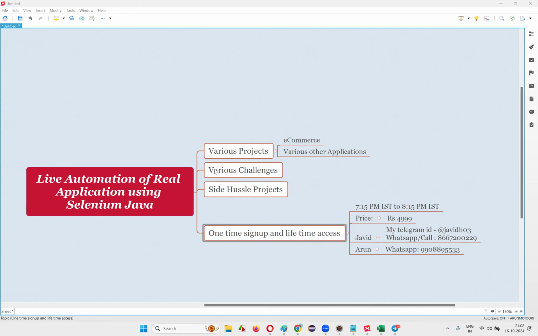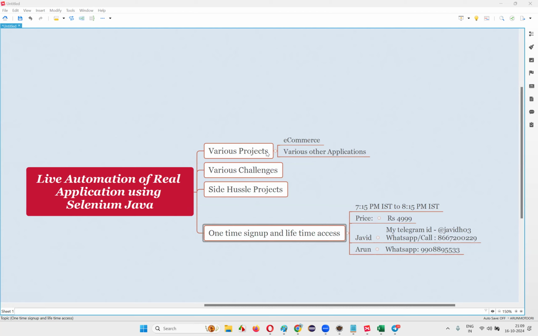But it's a never-ending side hustle project, so you don't have to worry about the timeline. 1 hour is more than enough. If you face challenges, we will take it tomorrow. We'll do some homework, come together and solve it the next day. That's how it works. We don't have to be there the entire day, right?